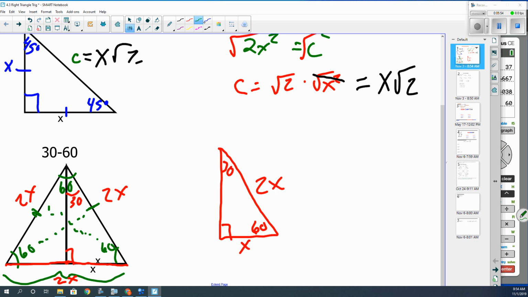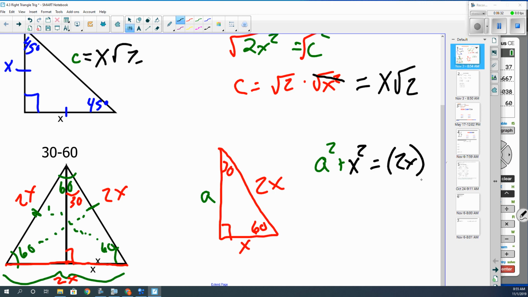So if I called that, say, A, I could do the Pythagorean theorem and figure out what A is. So the Pythagorean theorem, again, is A squared plus B squared equals C squared. So I take the two sides that form the 90-degree angle, square them and add them, and set it equal to the hypotenuse. That does not stay very well. Okay, so then I go A squared plus x squared, that doesn't need to be in parentheses,